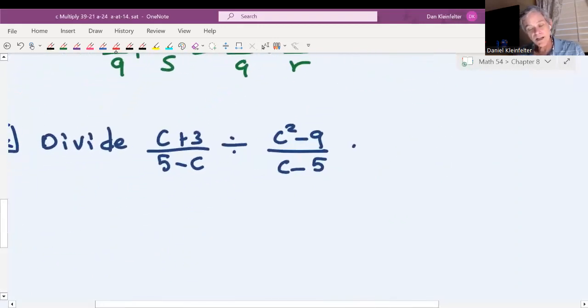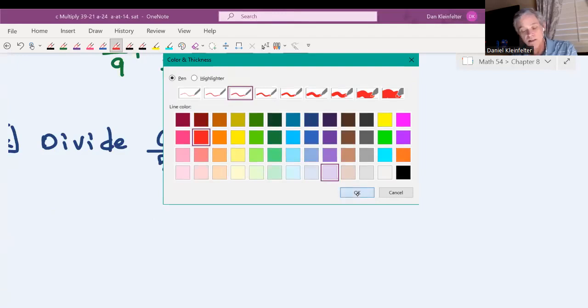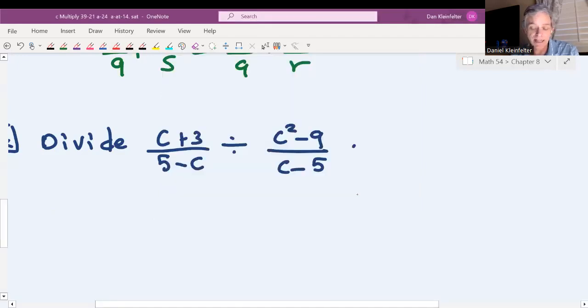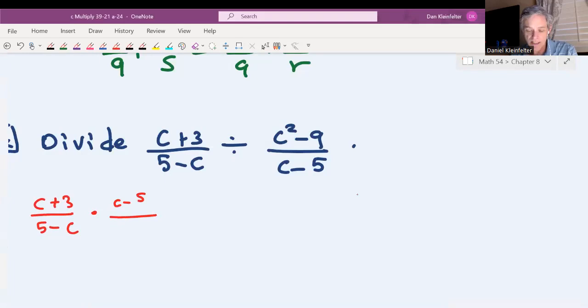Okay. So here I want c plus 3 divided by 5 minus c. We're going to divide that by c squared minus 9 divided by c minus 5. So what I'll do first is basically just keep the first fraction the same, change the division to multiplication, and then change the second fraction into its reciprocal. Okay, that's it for division. You just turn it into a multiplication problem, and we practiced that a bit, so